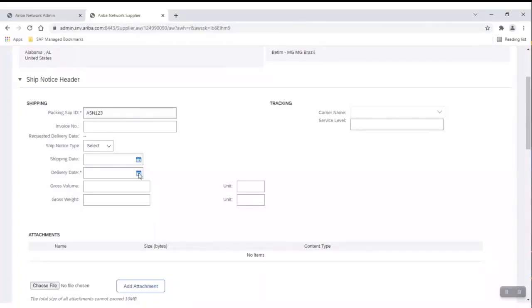Please also choose the delivery date, and if you have the information available, the carrier name and service level. There is no need to fill out any information for gross volume or gross weight.